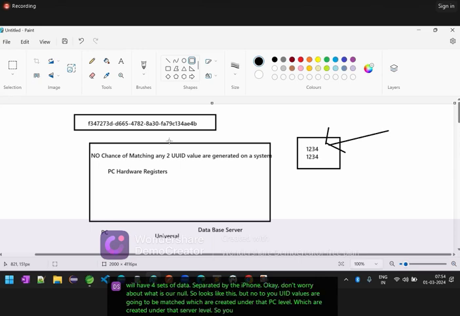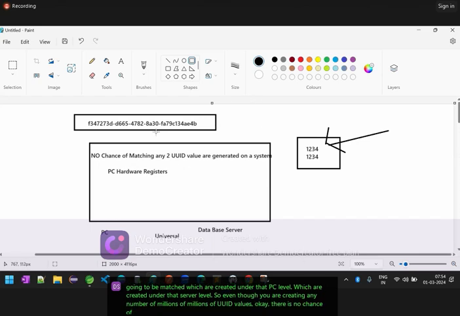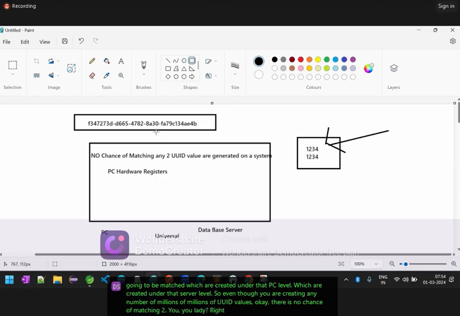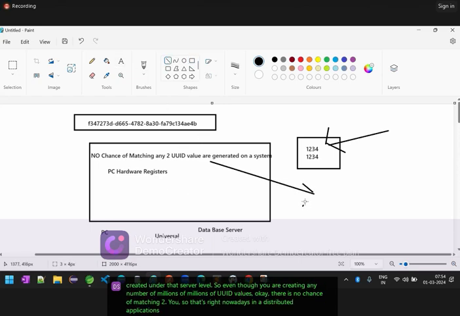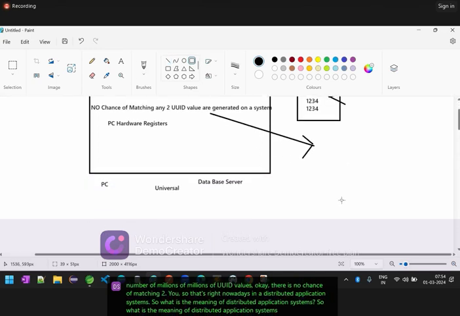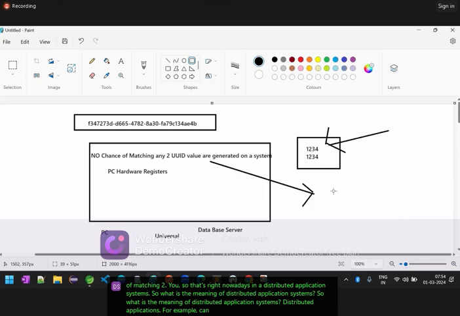So even though you are creating any number of millions of UUID values, there is no chance of two UUID values matching. That's why nowadays in distributed application systems... So what is the meaning of distributed application systems? For example, can I call Flipkart or Amazon a distributed application? Yes. Distributed in the sense of huge, large applications having millions or maybe billions